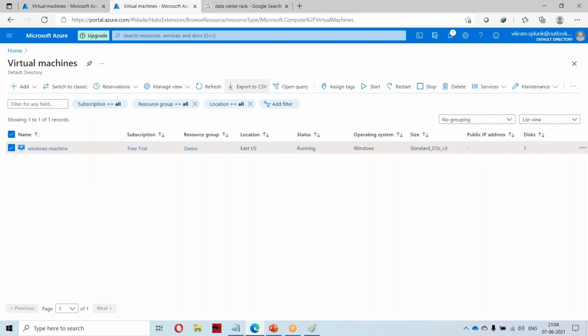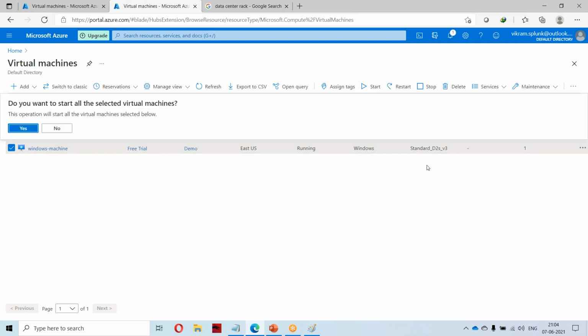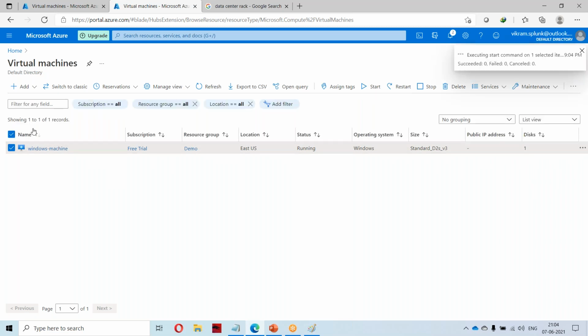Here also you can reserve one static IP for yourself. For now, just remember that whenever you stop an instance, that public IP is released, and whenever you start an instance, a new public IP will be assigned.